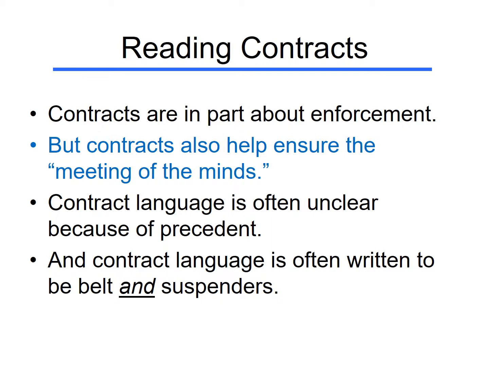For this purpose, contracts should be written in clear language, right? If we're trying to write a contract to make sure you really understand what I mean when I say paint my house, and I really understand when the money's due and why and so on, we want to write it in a way that both of us will understand. Not just that our lawyers can do it or the courts can do it, but you and me. The purpose of a contract along this dimension is to educate both sides as to the deal we're trying to consummate. The meeting of the minds.